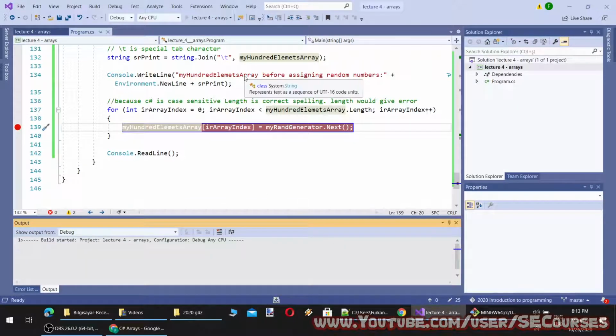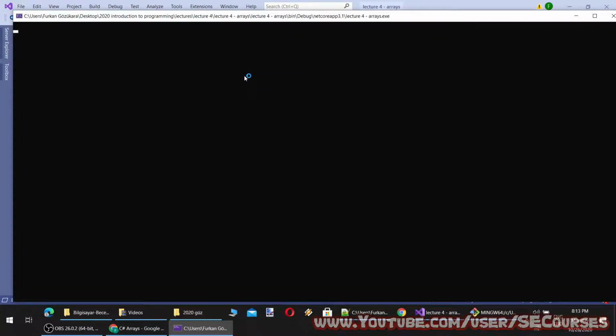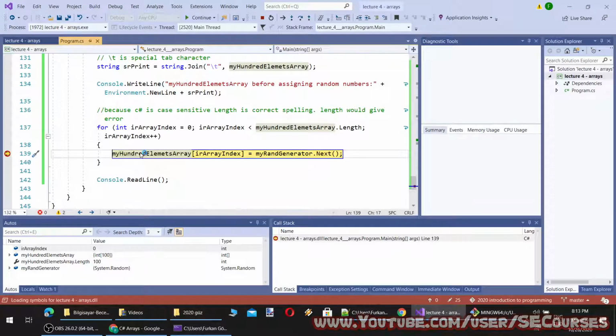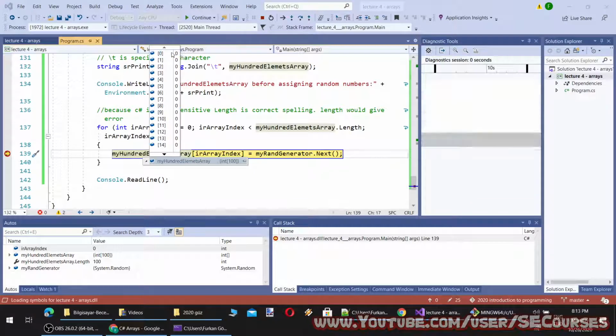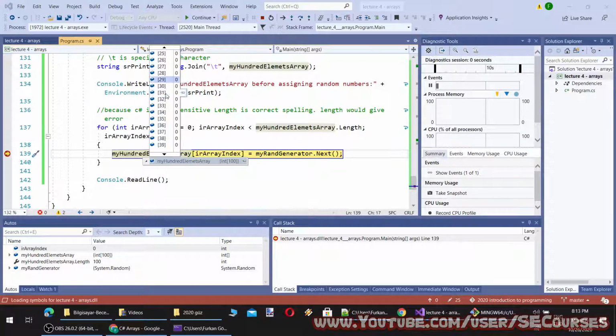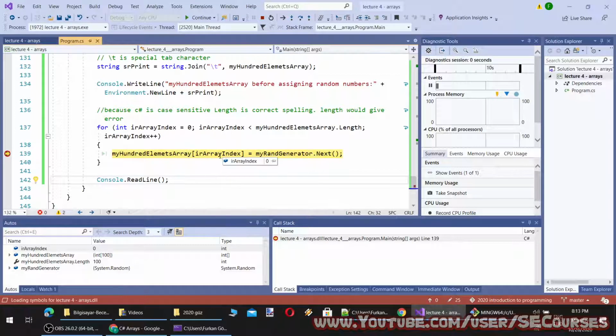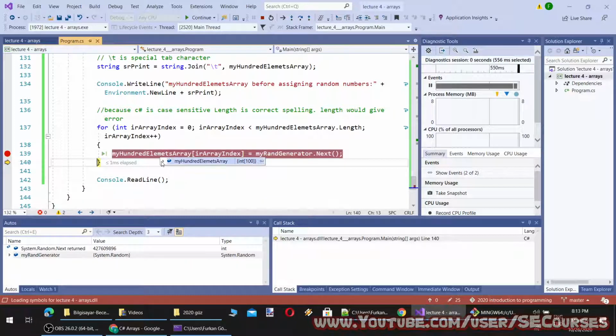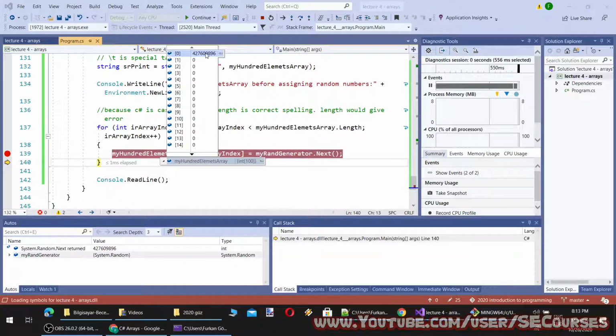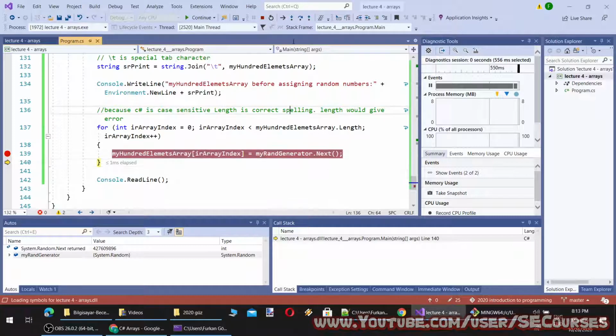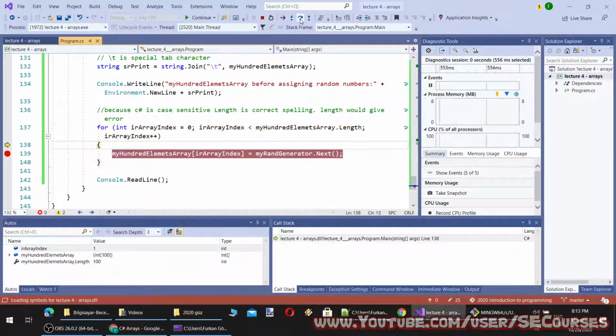Let's go step by step to understand it better. Every value in the array is 0 by default for an integer. I'm going to access the first index, which is 0 at the moment, and let's step over and see the first number. Okay, you see now it is this number.